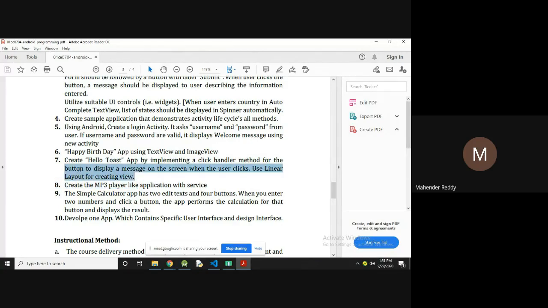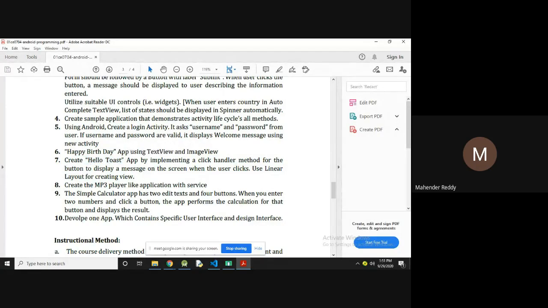This toast you can also create using the toast method. Create hello toast by applying a click handler method for the button to display a message on the screen whenever the user clicks it. Use linear layout for creating the view. You already know how to create the linear layout, and you have to create one button. After clicking that button, you just have to display one message.